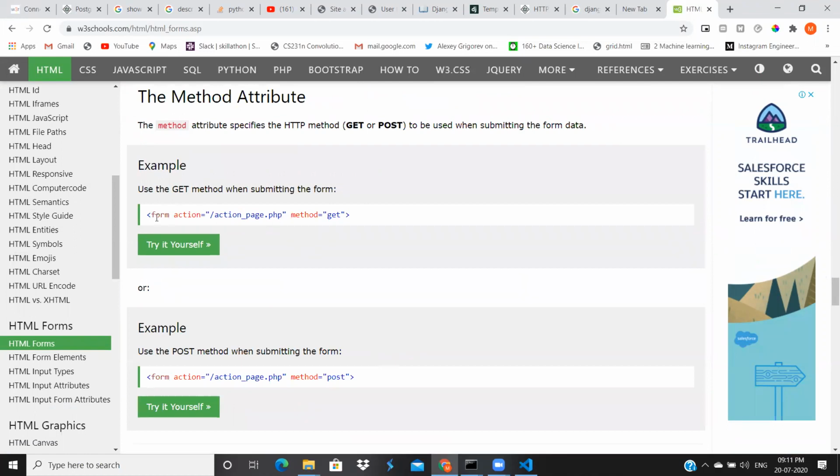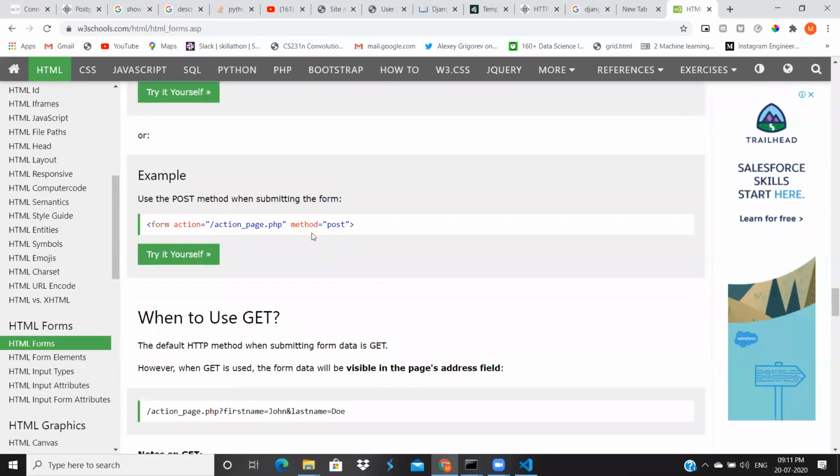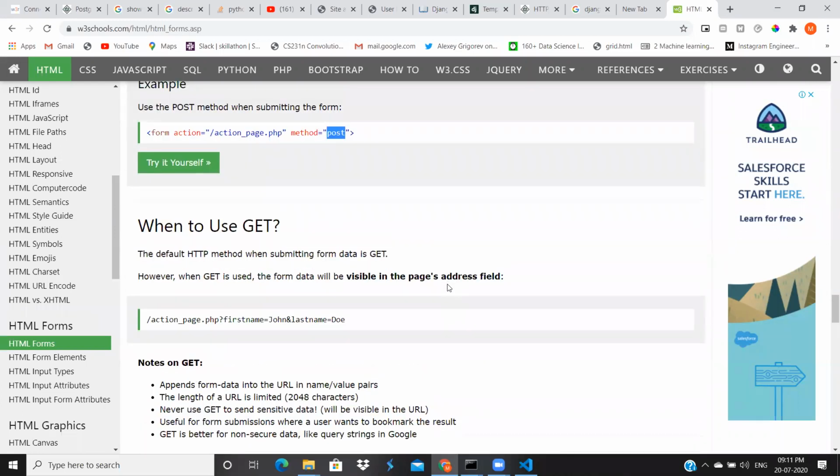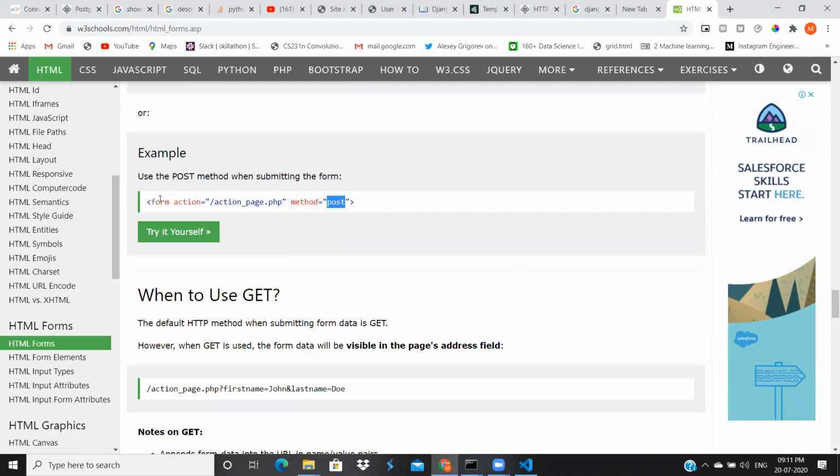If you observe here, this is a form tag. It's stating action. There it's expecting some URL, and there we will define our method. This method should be GET or POST. If you observe here, method equal to post, method equal to get. This syntax is from HTML.